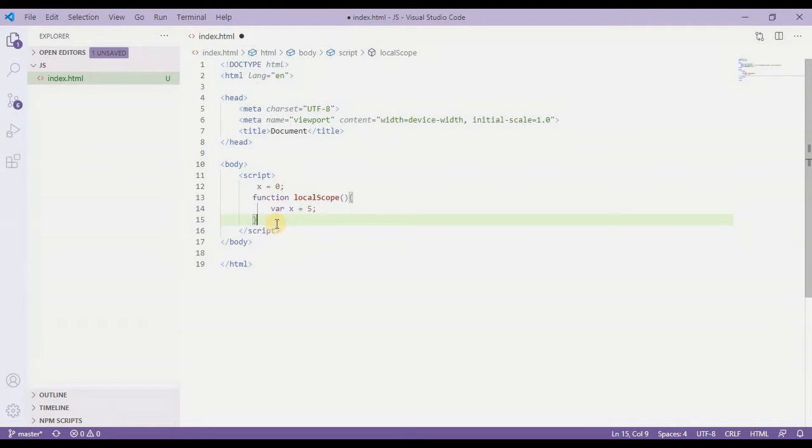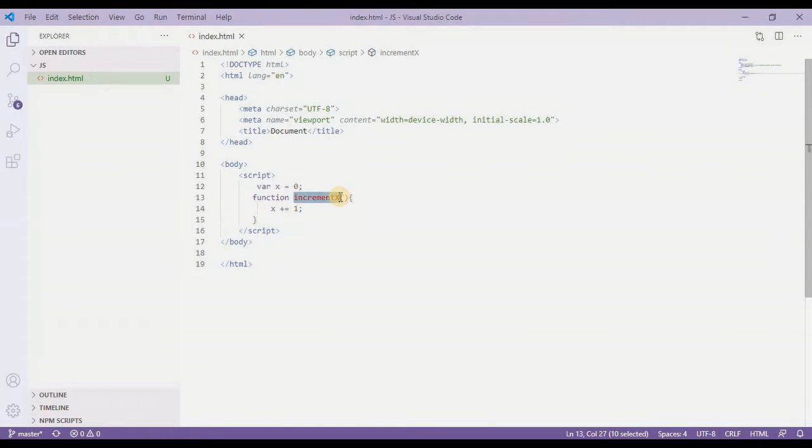Now to understand closure, we need to have some idea of these variables and how this works, and for understanding that I am going to create one function which increments the value of this x. So I'll take a variable over here and change this function name to incrementX, and inside this function I'll simply increment this x by 1. So x plus equals 1, which will increment this x by 1.